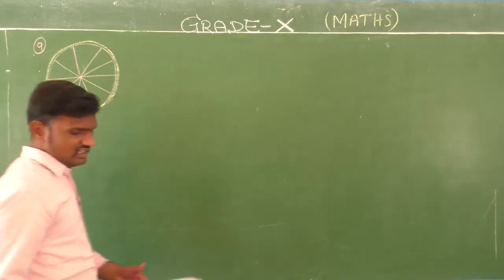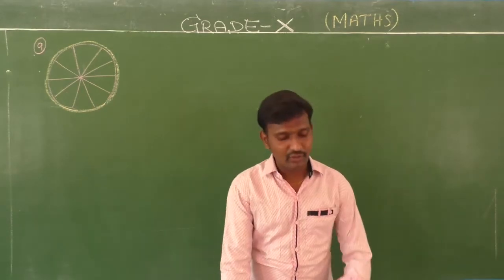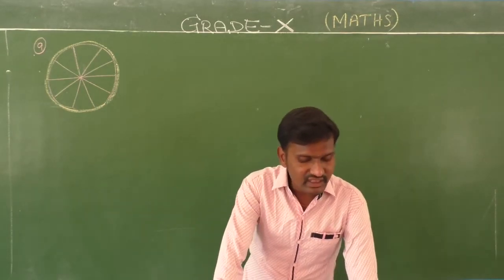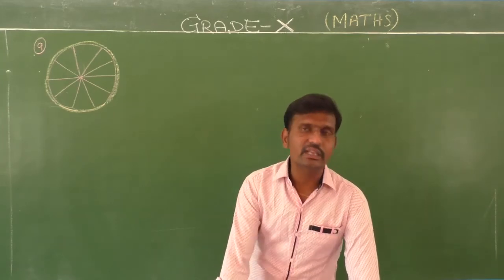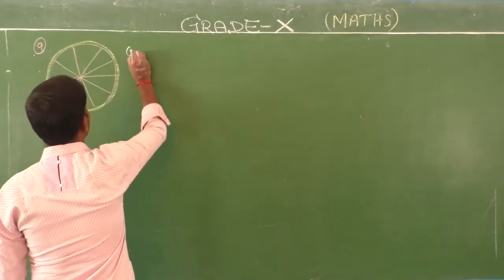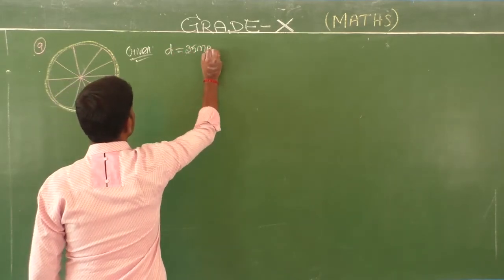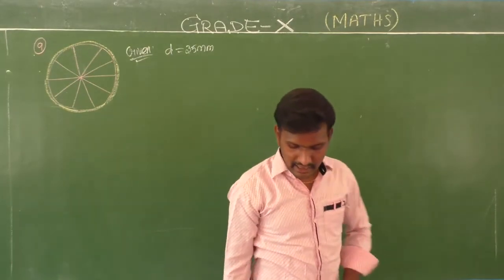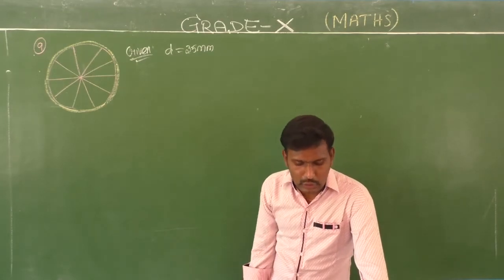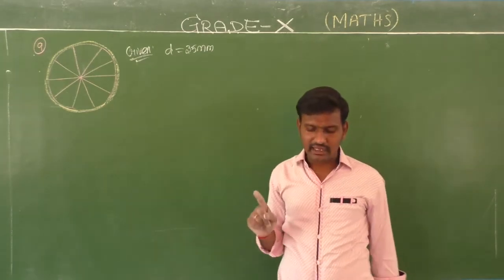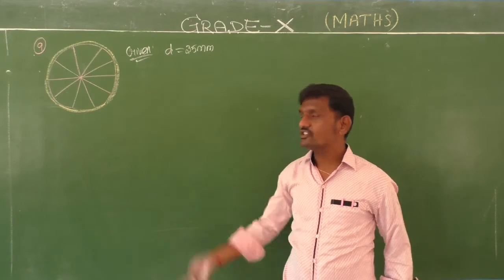So students, next question number 9. That is a brooch. I am reading the question, listen carefully, all of you. A brooch is made with silver wire in the form of a circle whose diameter is equal to 35 millimeters. So from the diagram given, diameter D equals 35 millimeter. The wire is also used in making 5 diameters, which divide the circle into 10 equal sectors, as shown in the figure.